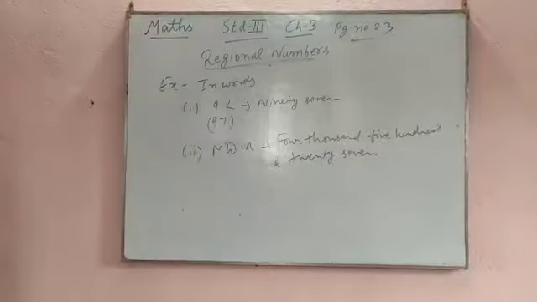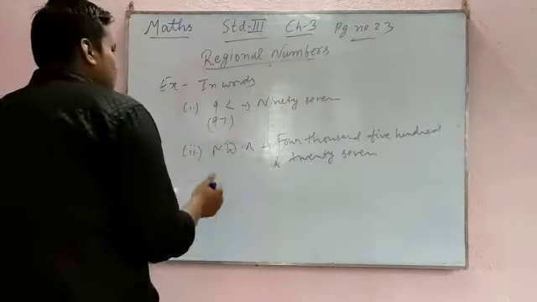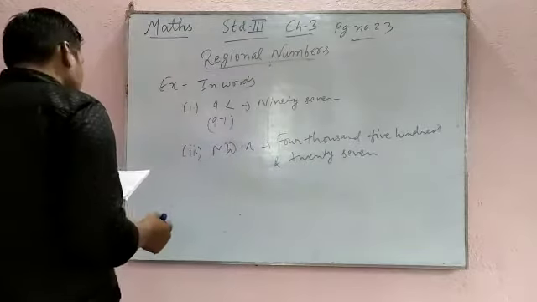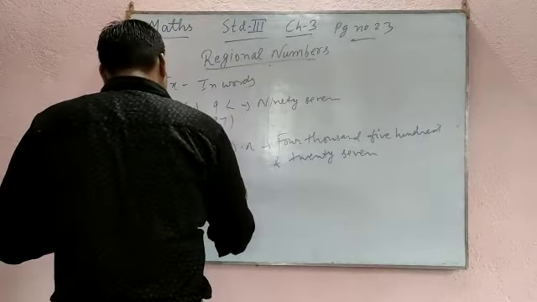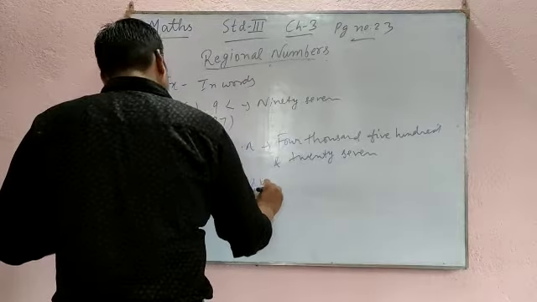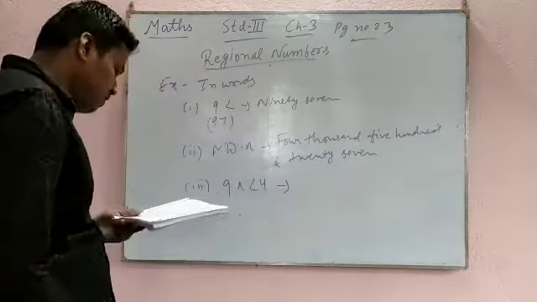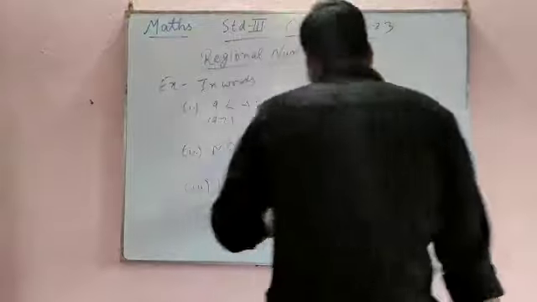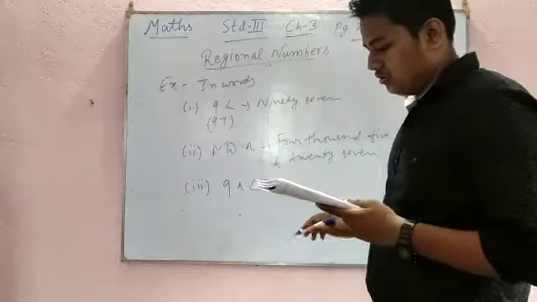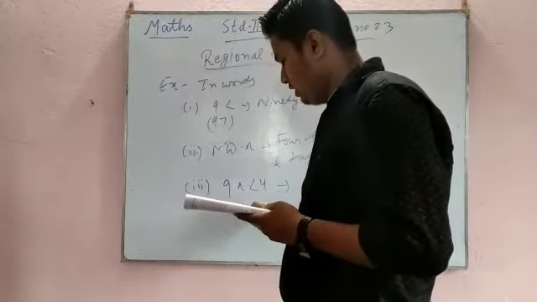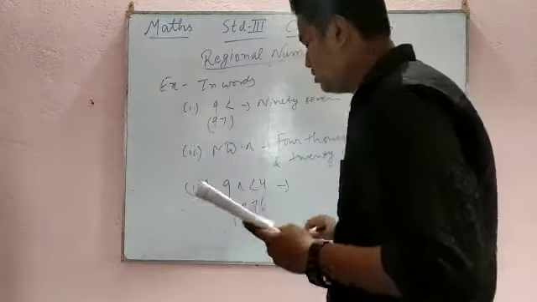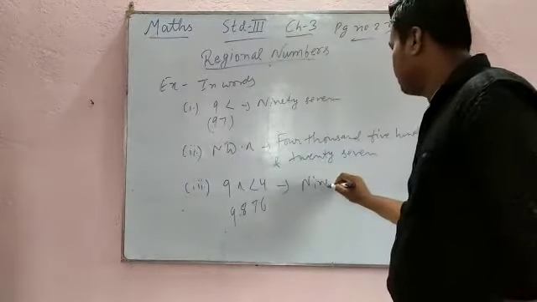So coming to lecture number 2. I have to explain to you this Urdu. You have to write in words. One more you see. Guys, you have to take the help of page number 20 and 21. Then we can solve this question. This is the first type. This is 9, 8, 7, 6. Then you write 9,800